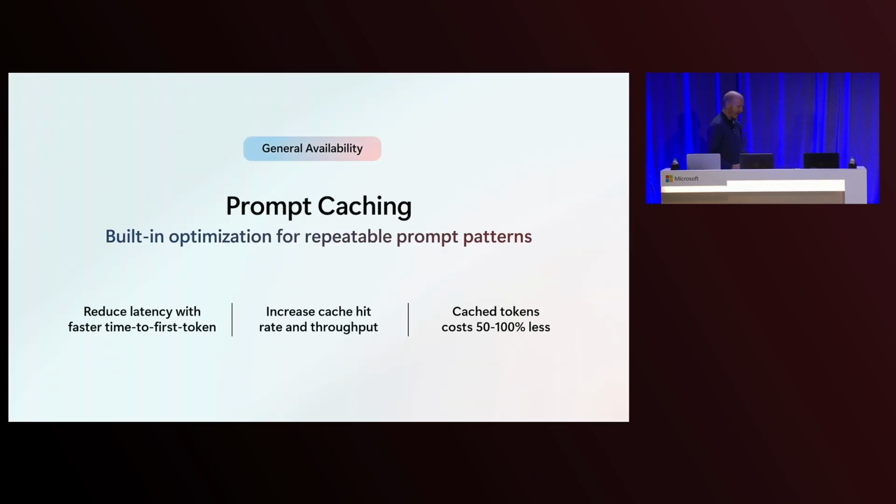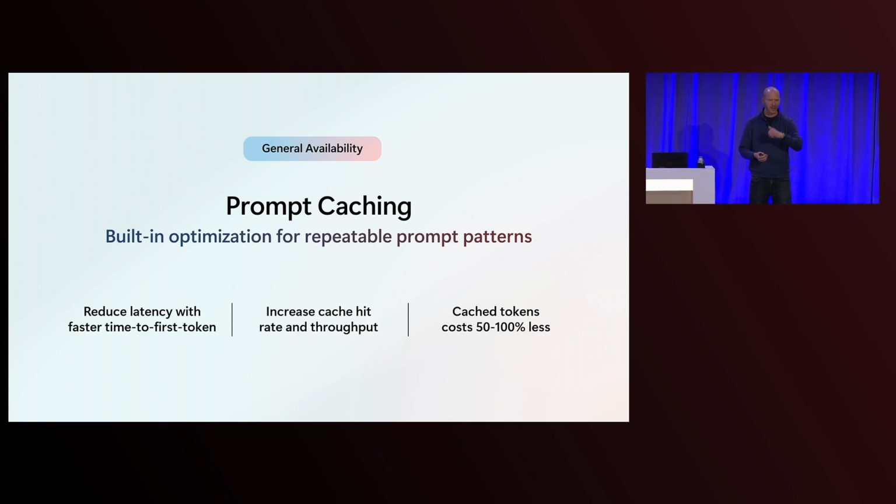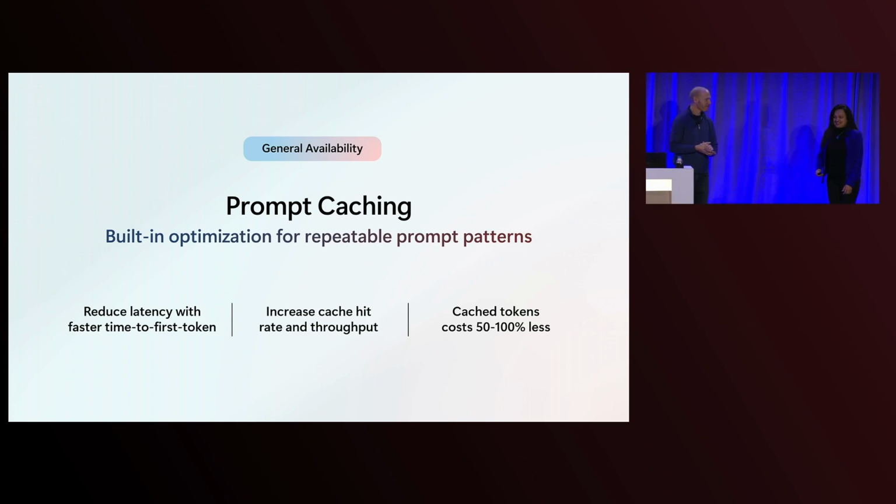I know we ran through that. So once you have those deployments and provisioned throughput, how then do you optimize those for your production workloads? And so I'm going to invite Saloni on stage with me. She's a principal program manager in the Azure OpenAI team. And she's going to talk us through how you optimize the deployments to get the maximum throughput with Azure OpenAI. So welcome, Saloni. Thank you, Steve. Thank you very much, everyone.